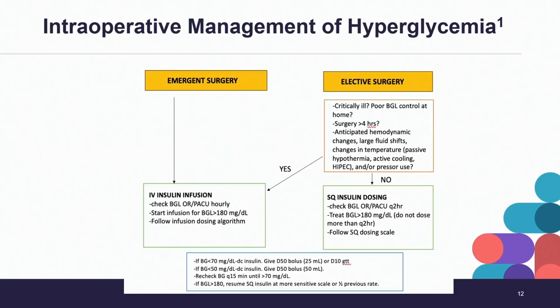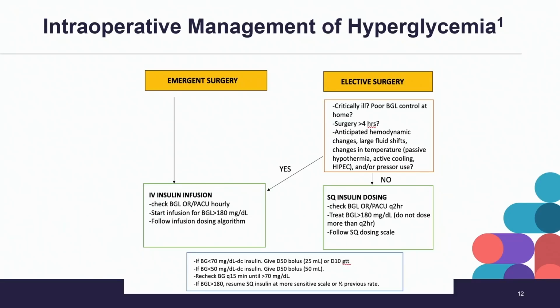So intraoperative management of hyperglycemia, kind of the big takeaway points is don't be pushing IV insulin. So what's recommended is either sub-Q insulin dosing or IV insulin infusion. I'll just quickly speak on a case. We had a trauma patient with a sugar of 240, which is not abnormal for a trauma patient, but they were treated with 15 units of insulin IV push and ended up with a sugar of 30. So it's really ill-advised, and with a sugar of 240, I probably wouldn't have treated it in a trauma patient's